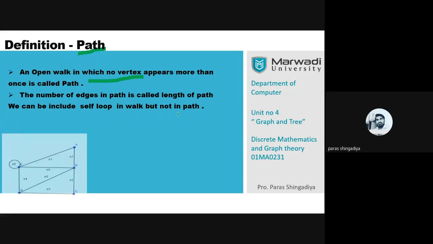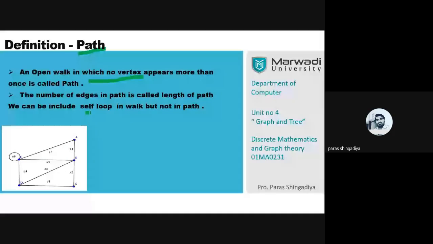So let us first consider the graph, and after that we will think about self loops and so on. Clear? It is the same graph I consider here, with 5 vertices A, B, C, D, E, and now I consider a path. So what is the meaning of that? I need to consider one open walk in which no vertex is repeated more than one time. I filter the definition of walk right now. Walk is the main definition. In a walk, a vertex may appear more than once, but in a path you cannot consider that.